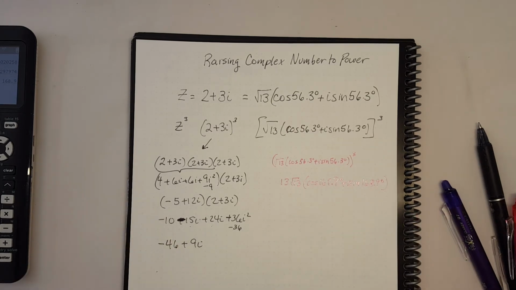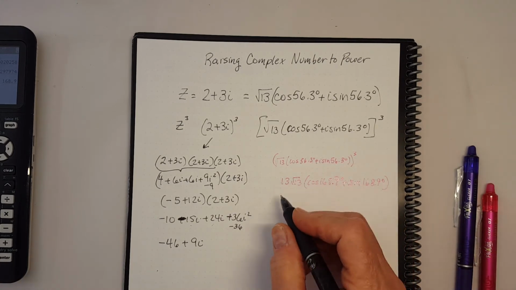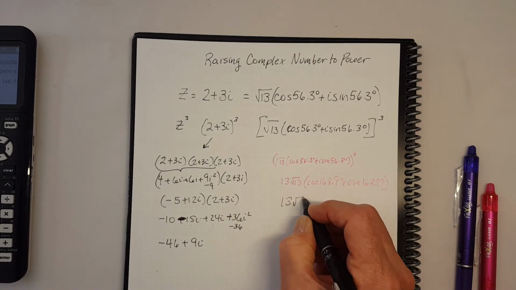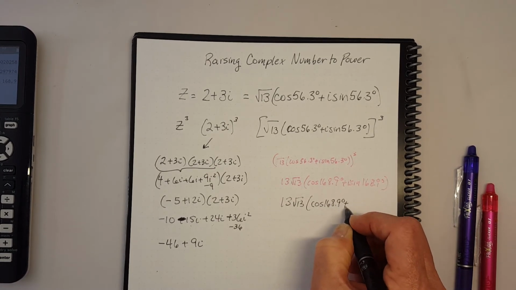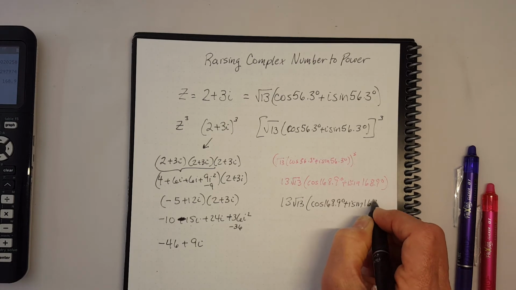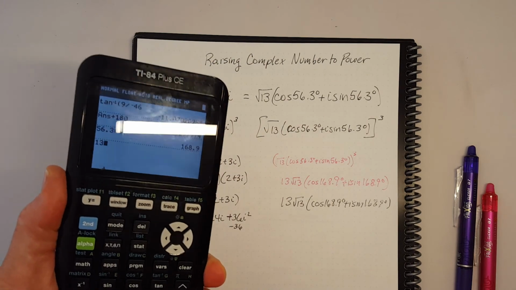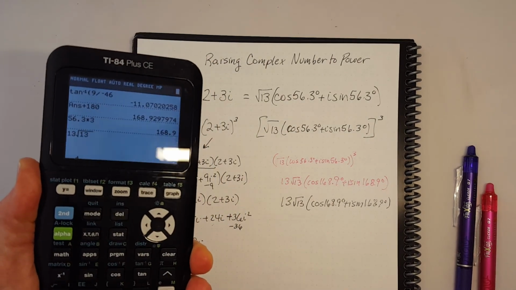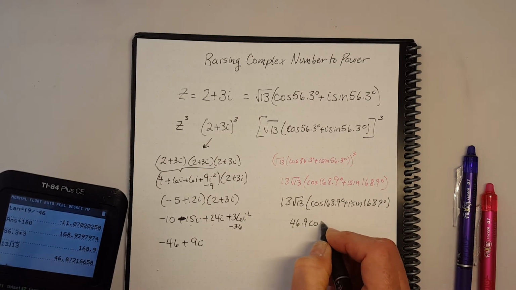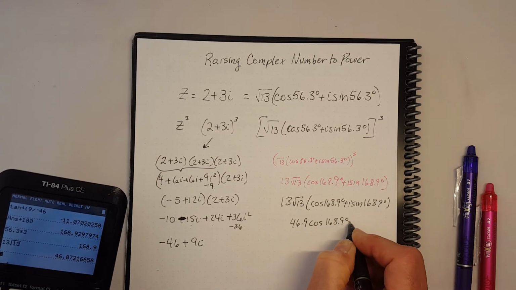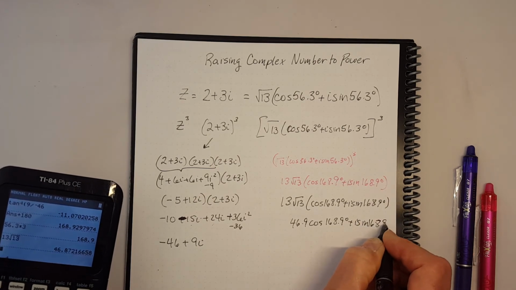Okay, now look, here's your 168.9 degrees, same. Now let's take a look, and I know the pink might be a little bit hard to read on the video, so I'm just going to recopy this in black. Okay, so I just recopied that above. And so let's do square root of 13 times 13. So 13 times the square root of 13, and we get 46.9. So this is 46.9 cosine 168.9 degrees plus i sine 168.9 degrees,